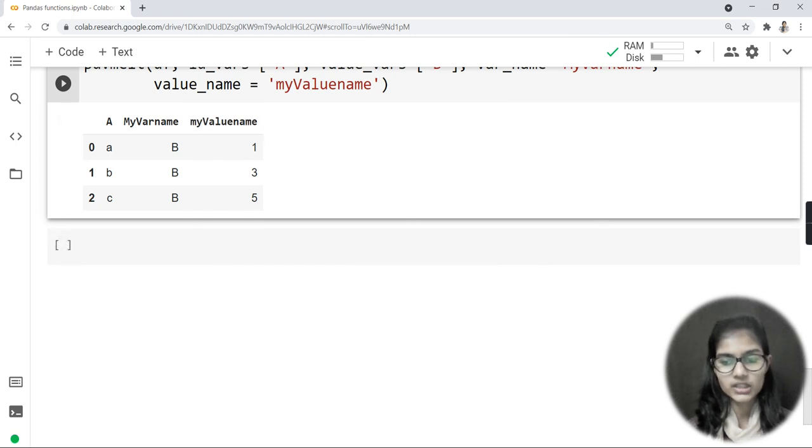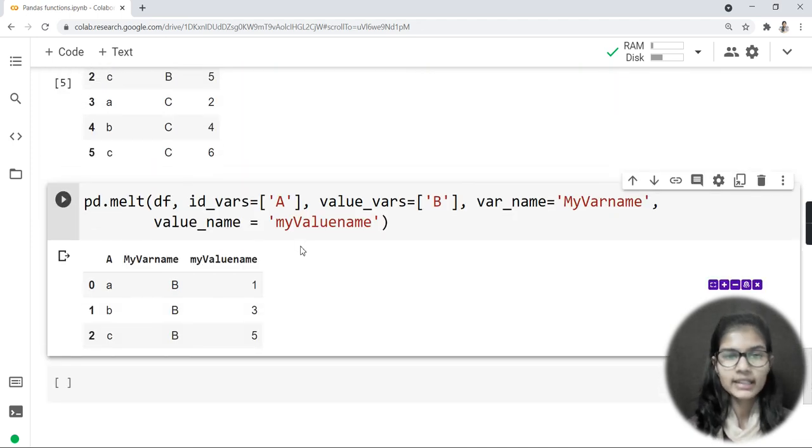So if you want to change the name of a column, you can do that also. This is how we use the melt function in the pandas library, and how we apply the function.